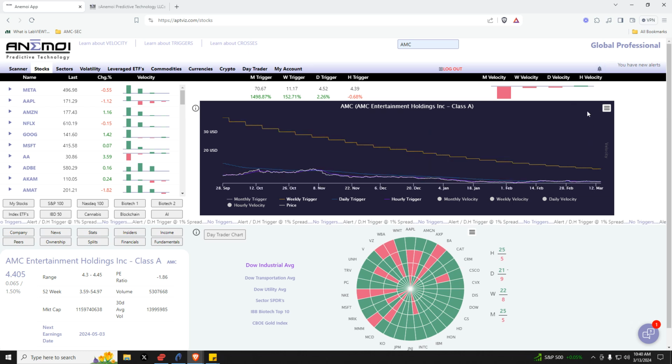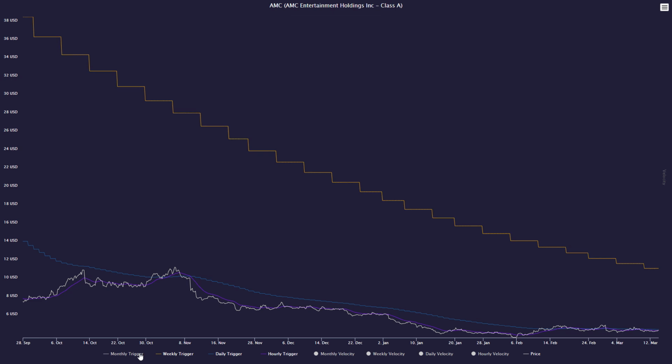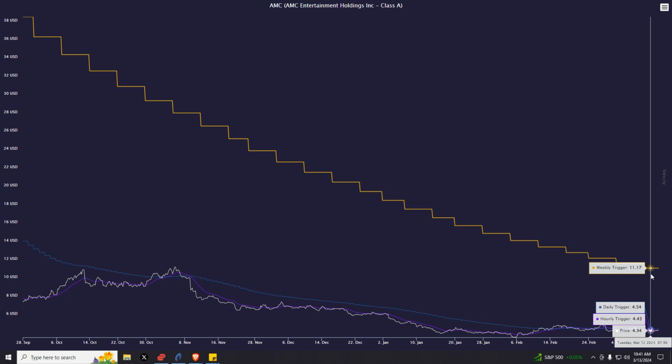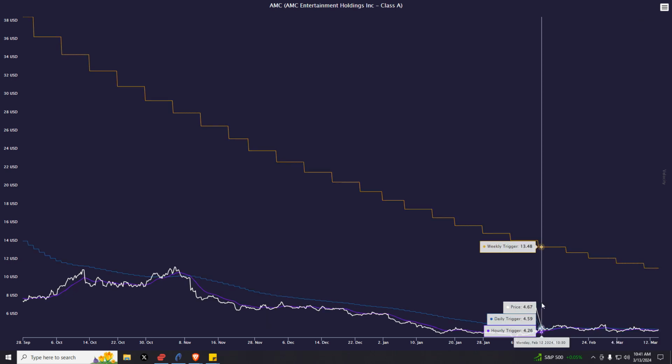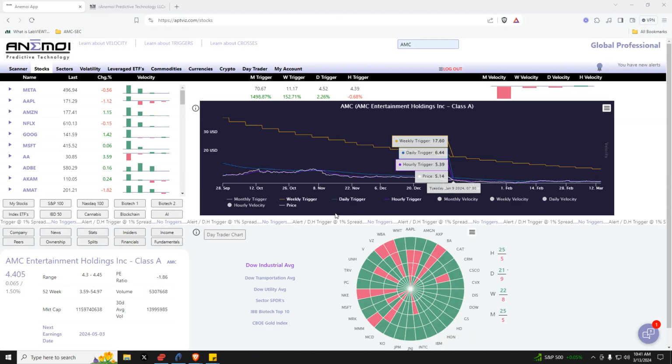Now, what's important about this, and what has me a little bit more optimistic here today, is that we know based on behavioral analysis that we have a hidden retest up at $13.25. So what that means is that once we can move up toward this weekly trigger, like I said, $11 this week, in the tens next week, what can happen is we can repair the weekly velocity in a fairly short period of time, and then that sets us up, if we move up toward that behavioral analysis hidden retest at 13.25, that tells me that we would flip the weekly velocity at that point,